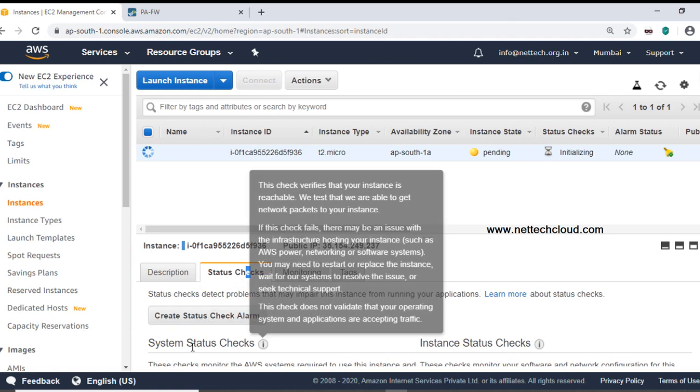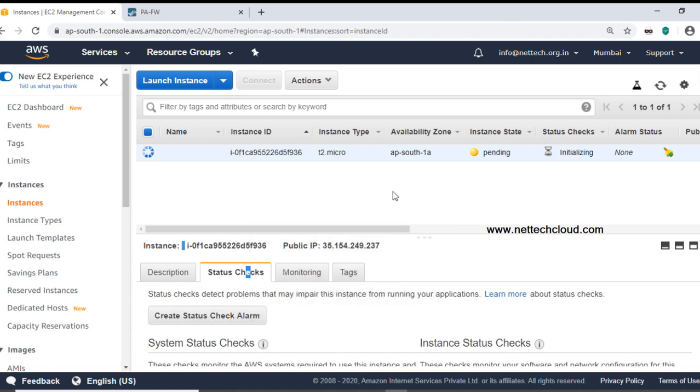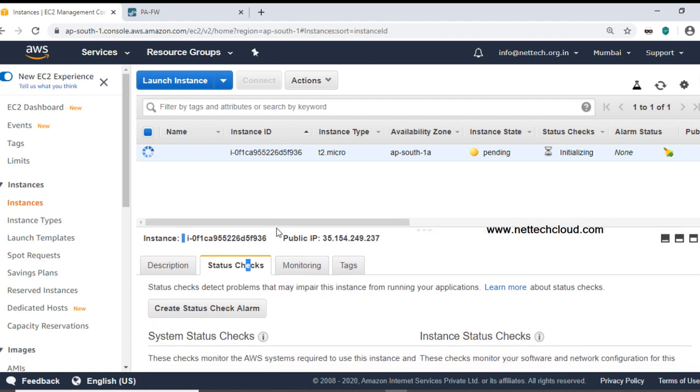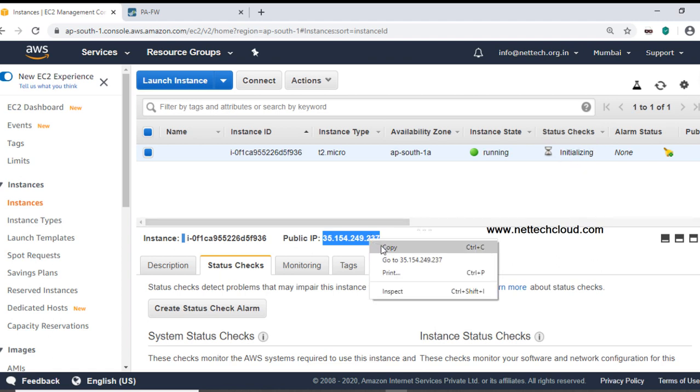So let this instance become available, and then the status check should be 2/2, because the instance status check as well as the system status check should be done properly. In the meantime, I'm going to open PuTTY with this IP address. So it's running, but it's still initializing the status check. So wait, this should be 2/2, both should be done.